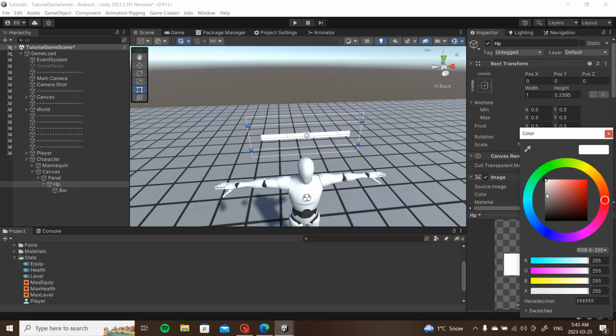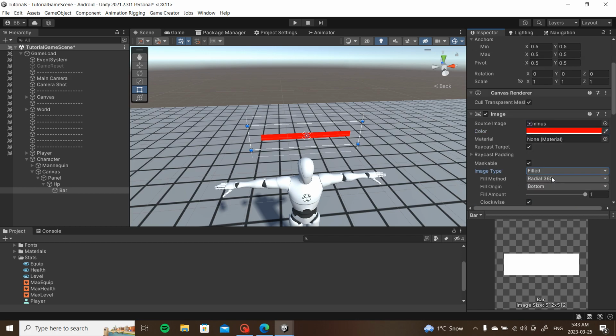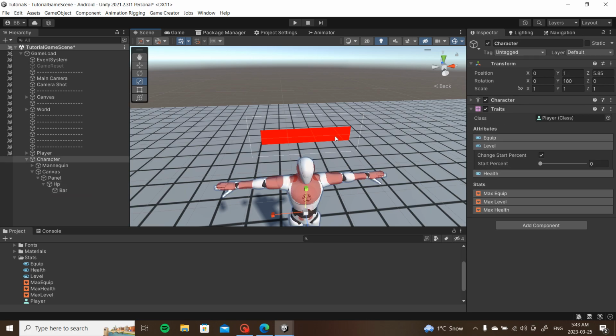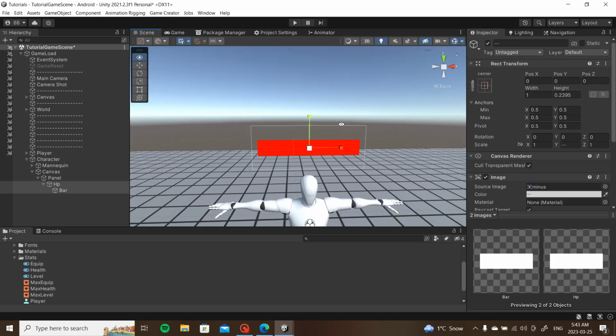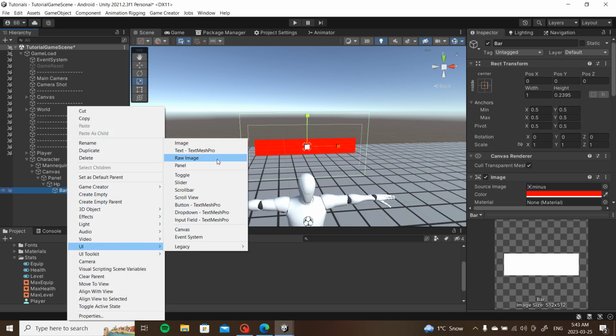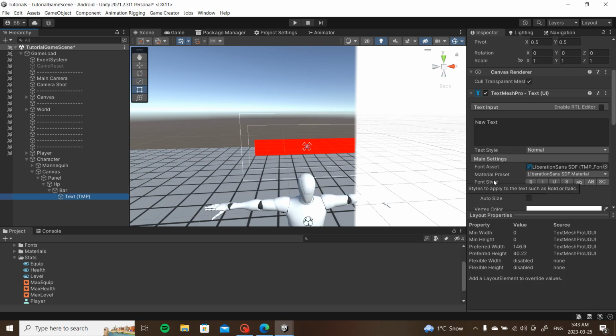And the first one, I'm going to make it black with a smaller opacity. And this one, I am going to make red. And I'm going to change the image type to filled and horizontal. Alright. And I am also just going to scale these both up a bit, because I want to show some writing in there as well. So in the bar, I'm going to create a UI Text Mesh Pro, and this is just simply going to be,